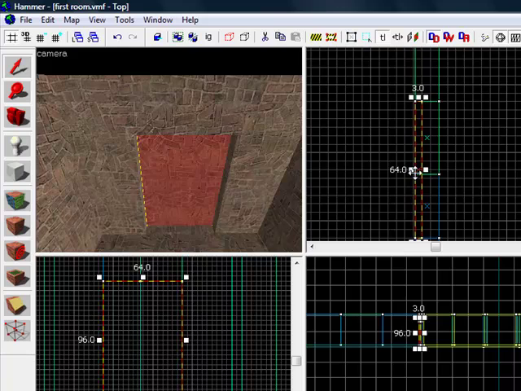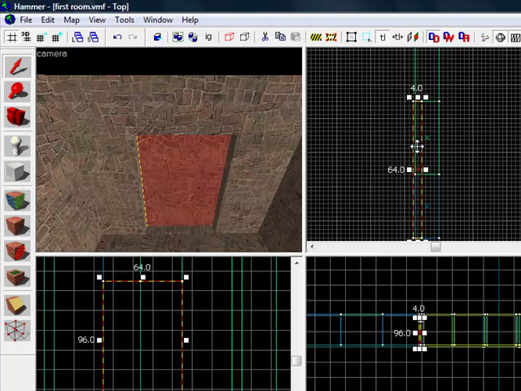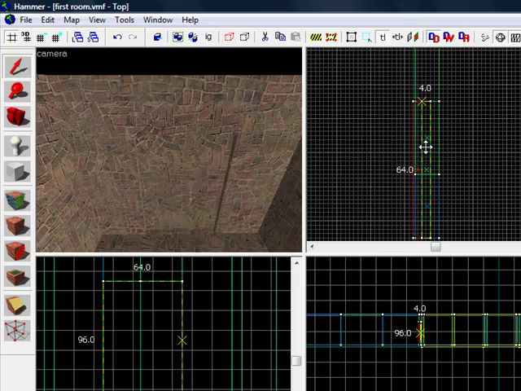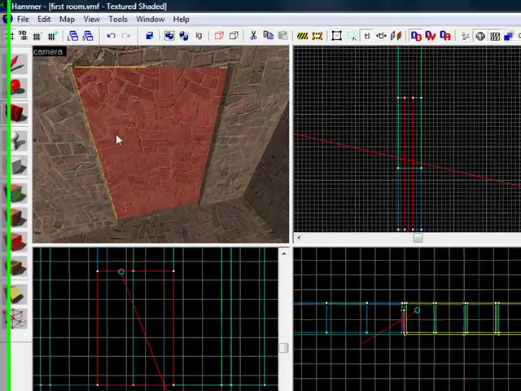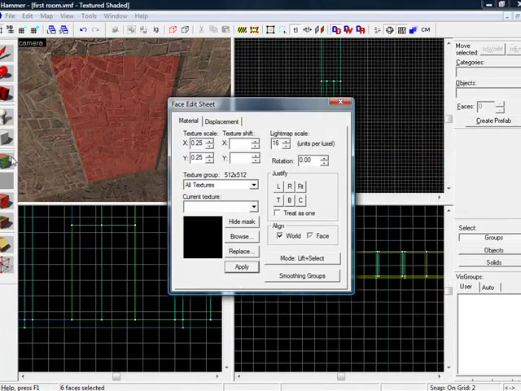3 units? That's a bit strange. See what I've done here. Right, anyway, 4. I'll rectify this later. 4 units wide, and make it smaller again, and position the door in the middle, like so. And we'll give the door a texture, so go to textures,